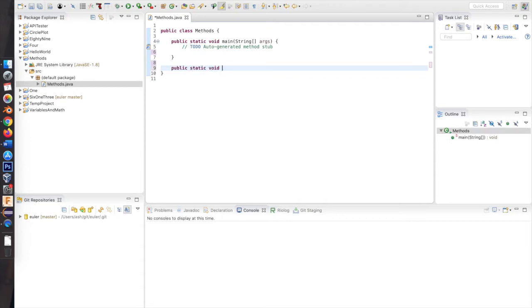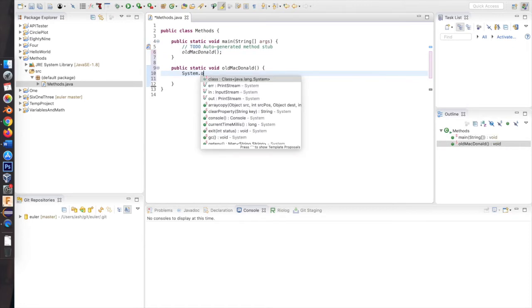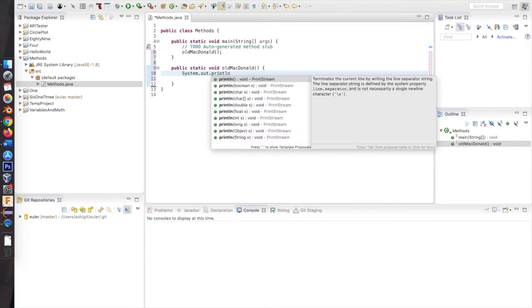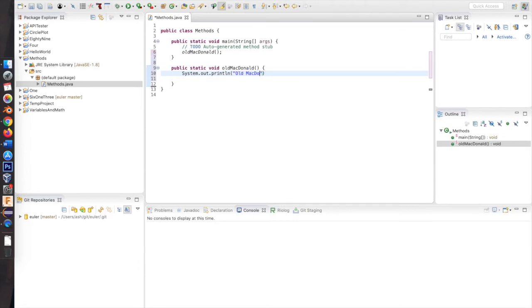I'm going to start off by creating a method called Old MacDonald. Hopefully you all have an idea about how the Old MacDonald song goes. Old MacDonald had a farm, E-I-E-I-O, and on this farm he had a cat, E-I-E-I-O. So I'm going to call this first basic function, Old MacDonald, from within the main method. What that will do is run Old MacDonald, and I will start by having it print out the generic lyrics of Old MacDonald,